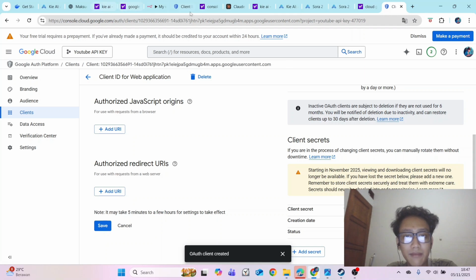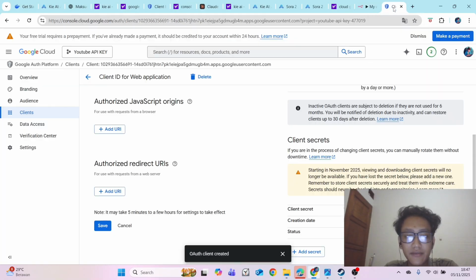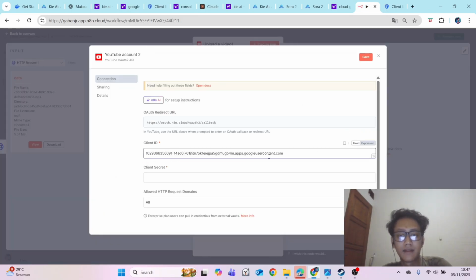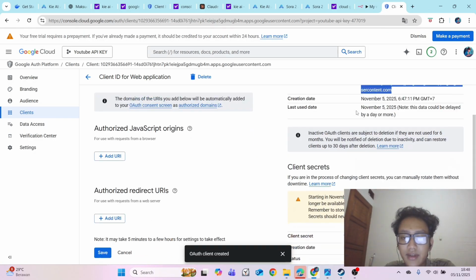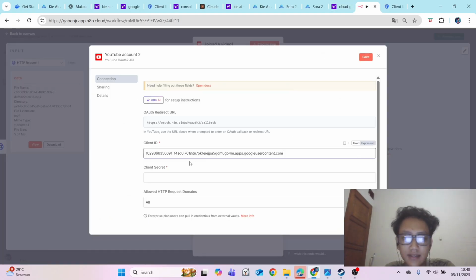Okay, so we go back to n8n again. Here you fill it with the client ID. Okay, this is my client ID. You can copy it, paste it. Okay, and the client secret you can copy from here and just paste it here.